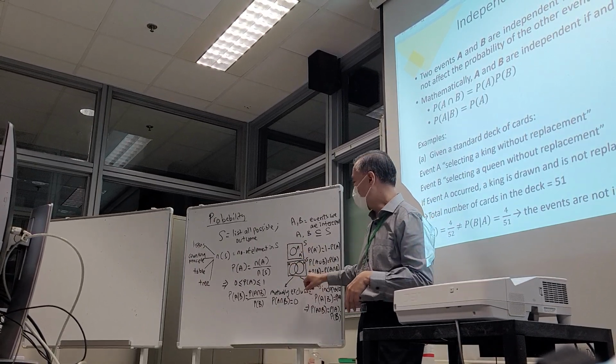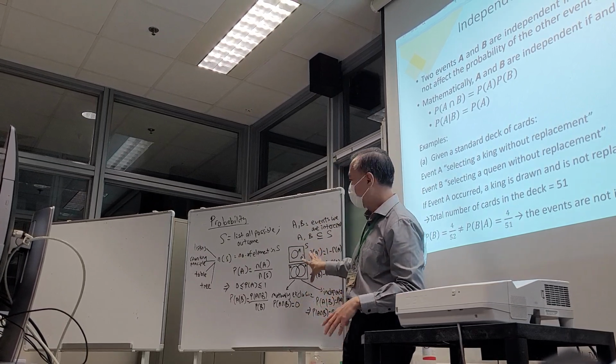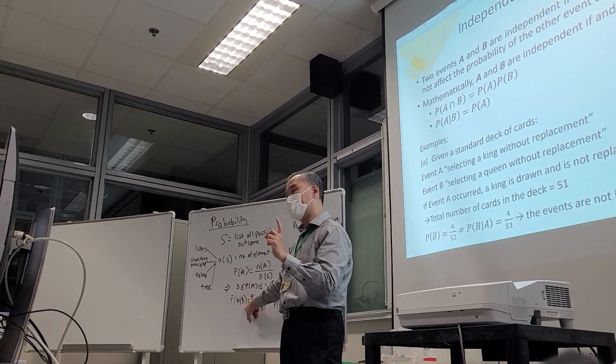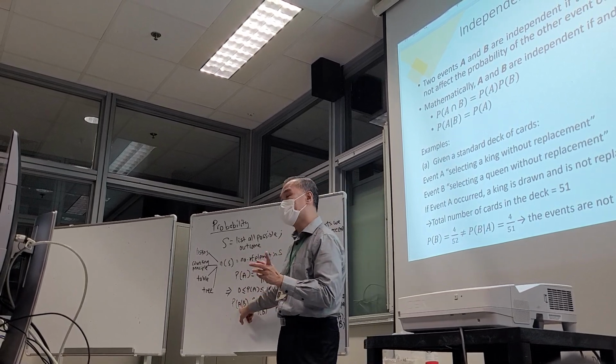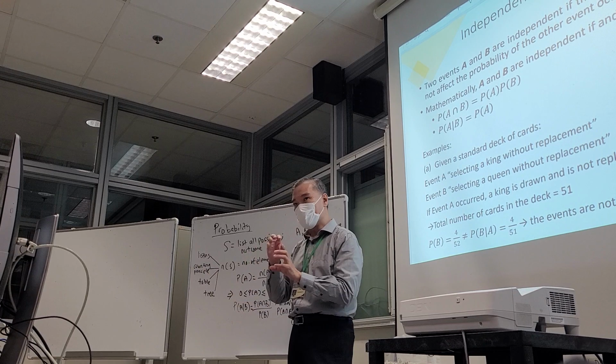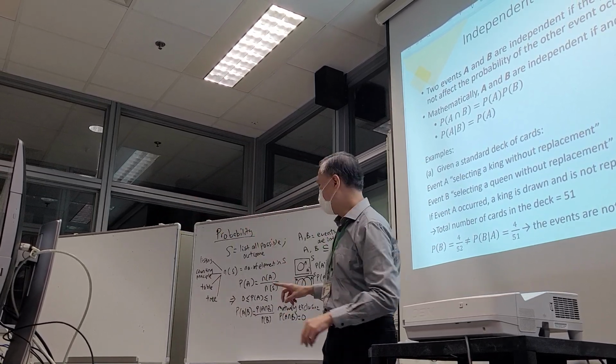Clear? Okay, once you understand this, then we define another thing called conditional probability, meaning that I want to find the probability of A given that some event has already occurred. Let's say the event B has occurred. I want to find the probability of